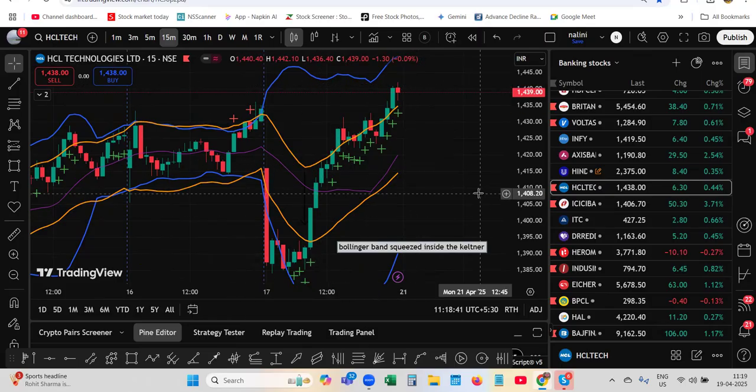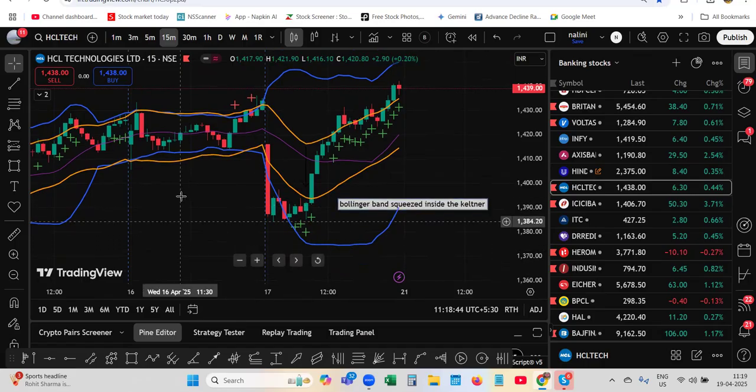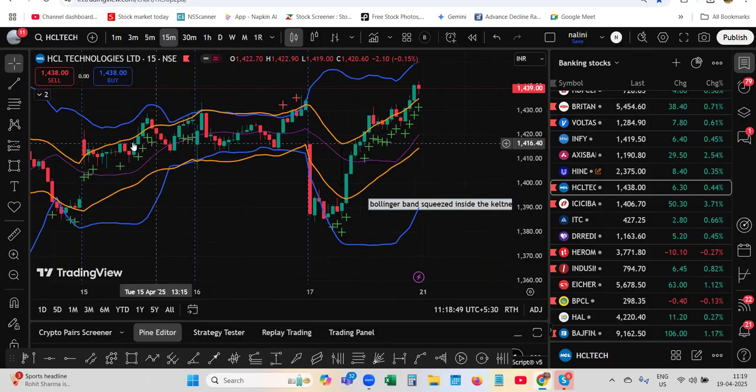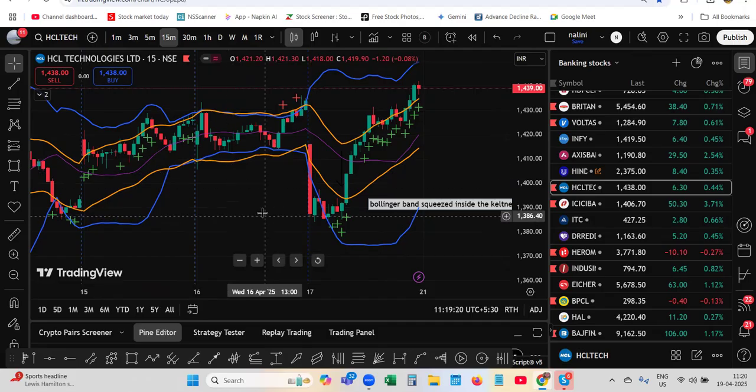These are the Keltner channel. You can see Keltner channel. Here when price started, there was a squeeze over here prior to, on 16th and 15th, there was a huge squeeze. You can see there Bollinger Band squeezing inside the Keltner channel. That means it is squeezing inside the average true range. Price is squeezing. That is an indication. You can see expansion of the Bollinger Band indicating momentum. Short setup, if you apply